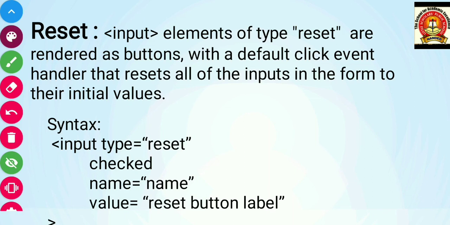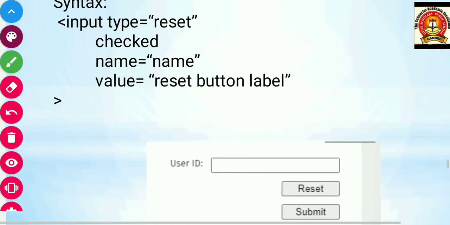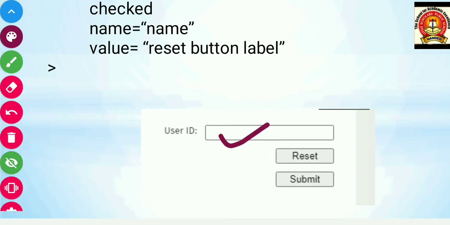So friends, you can set input type is equal to reset, and you can set the name and the value. For example, here you have a user ID. Suppose a person enters the user ID, and afterwards finds it is a wrong user ID, so he can click the reset button, and it will be erased.